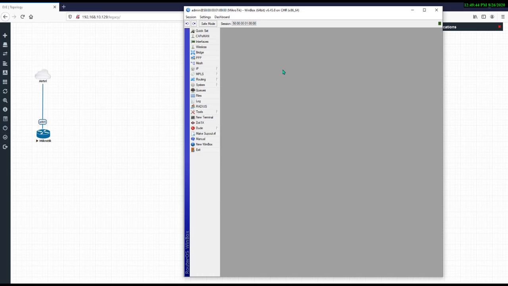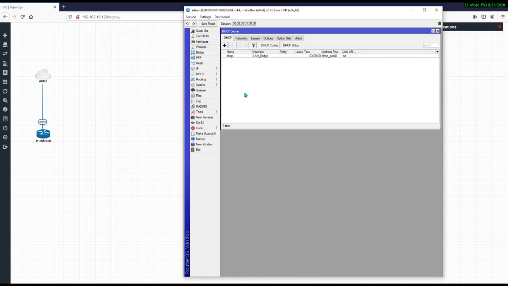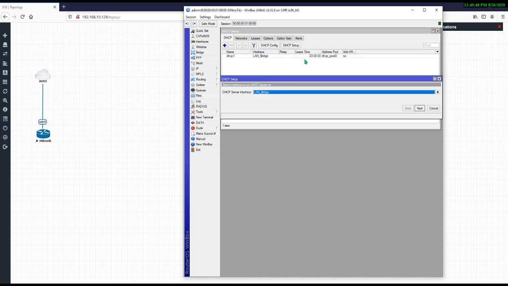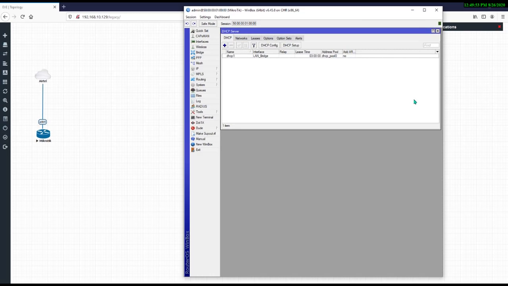Now what we have to do is close it, go to IP and DHCP server, click on the setup button, select the interface and complete the DHCP server. After that it will show in red.